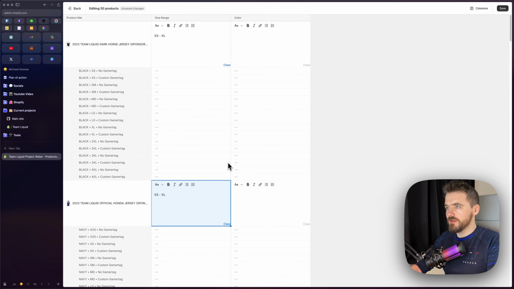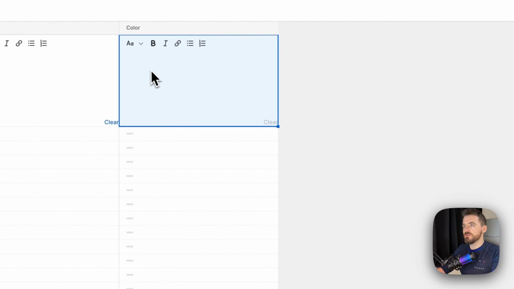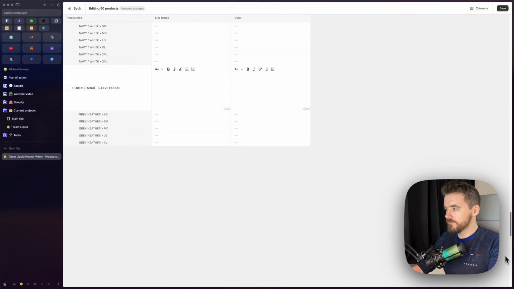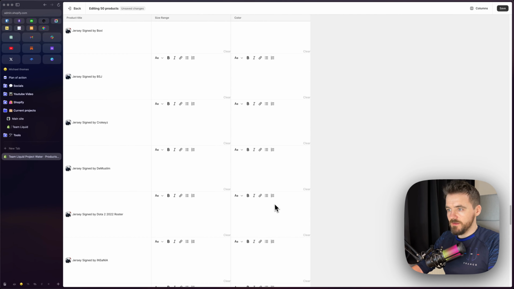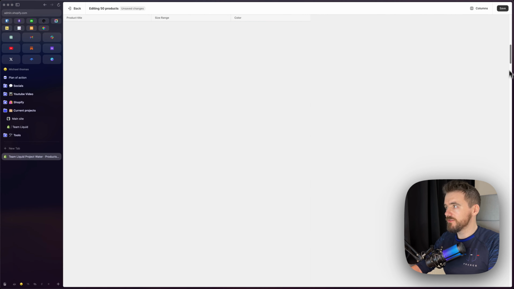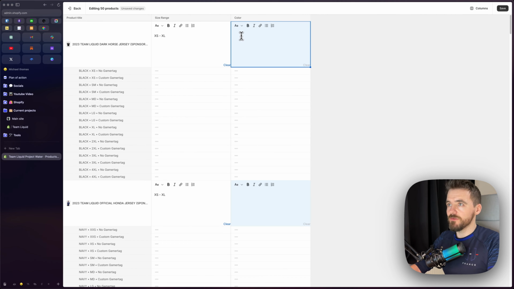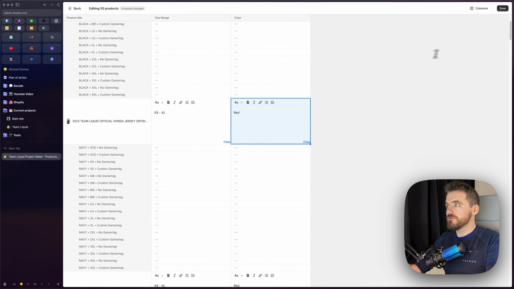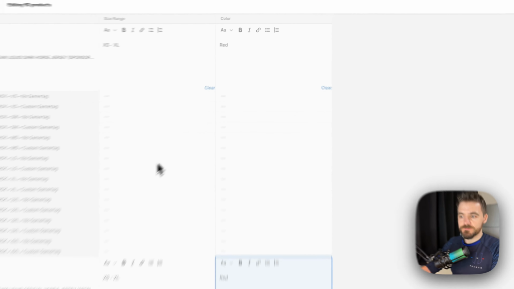So I probably should have done that first actually. So here I'll scroll all the way down to the bottom and hold down shift and click. And I have to go all the way back up for this to work because you have to do it in the highlighted form here. So now if I click in here and put in red, enter, we'll see the rest of them are now showing red. So if I click save,